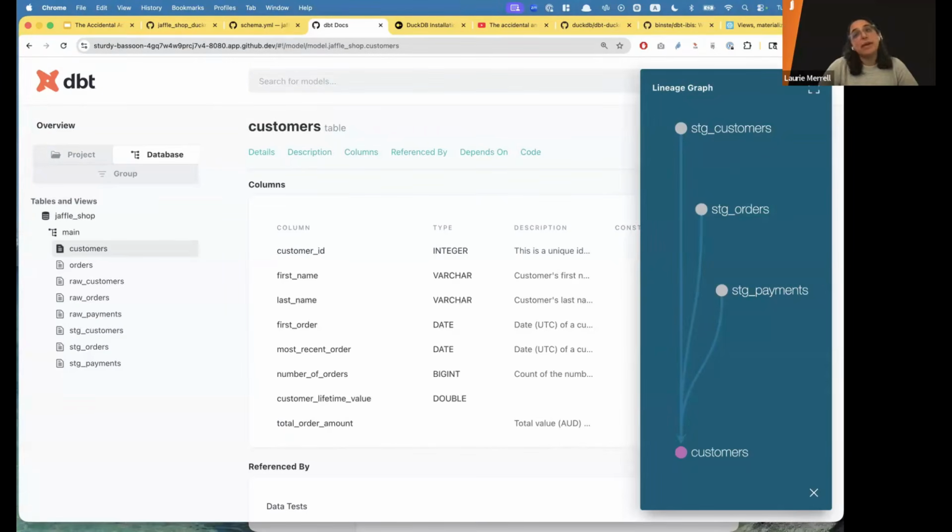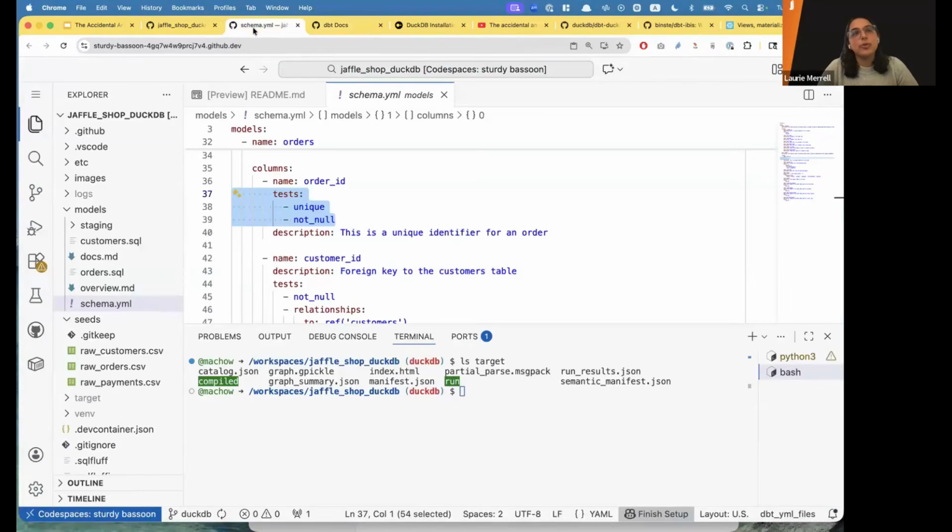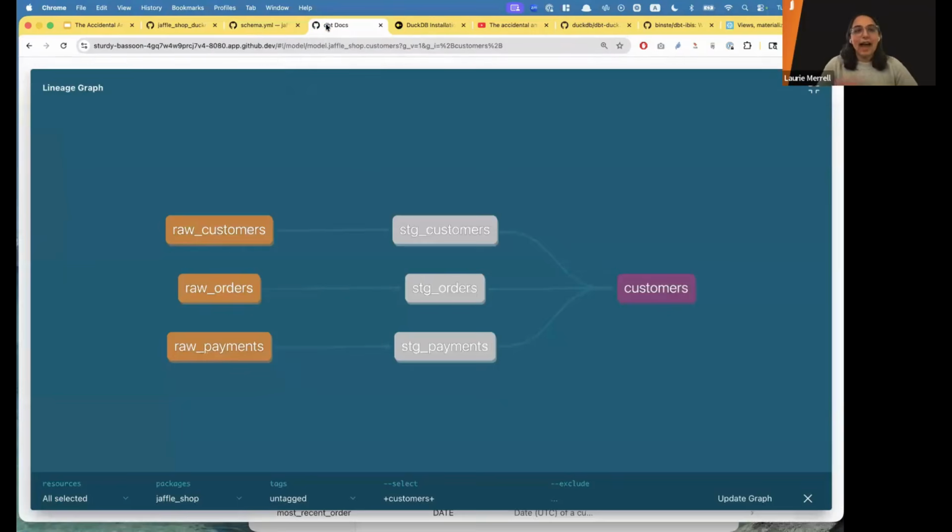I've basically only ever used DBT core, which means that I've used it in an IDE, like a VS Code IDE. DBT has other products and offerings that move it more towards its own standalone kind of IDE.